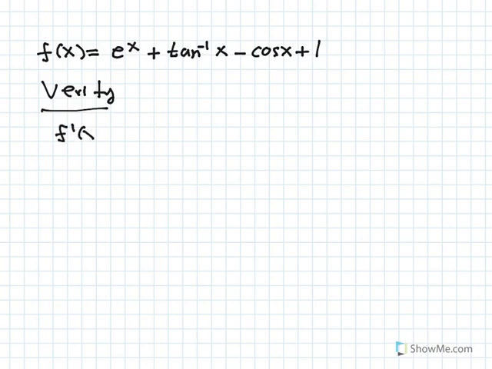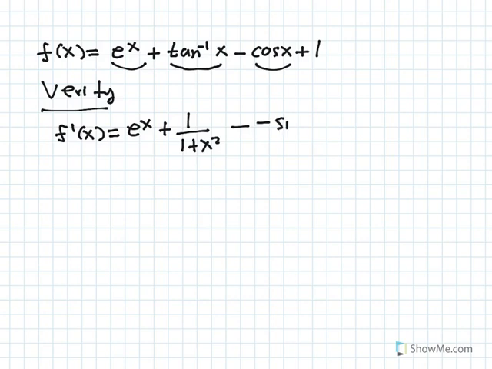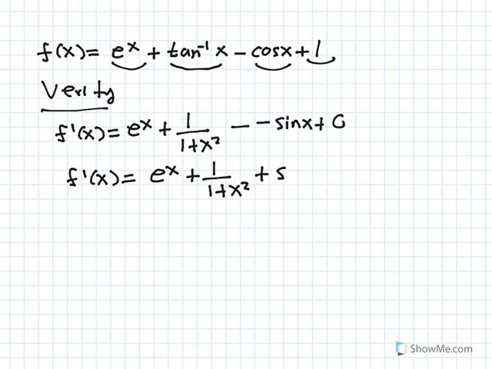F prime of x is equal to derivative of e to the x, which is just itself, e to the x. Derivative of tan minus 1 x is 1 over 1 plus x squared. And derivative of cos x is negative sine x. And derivative of a constant 1 is 0. So we get f prime of x is equal to e to the x plus 1 over 1 plus x squared plus sine x